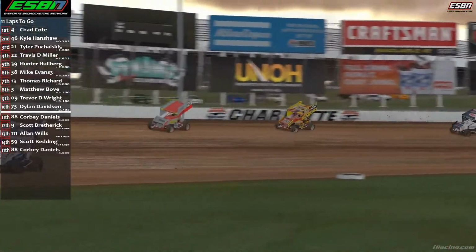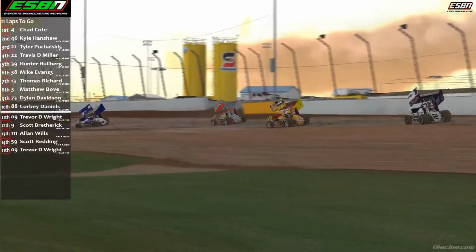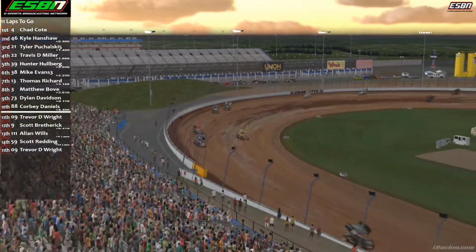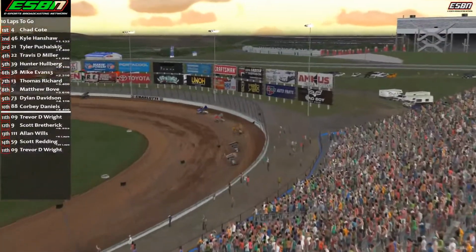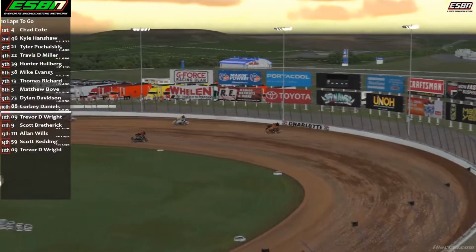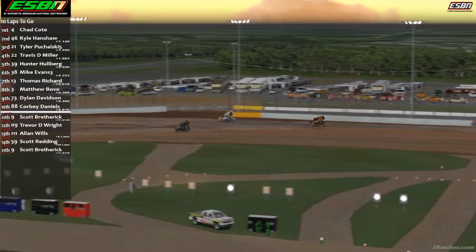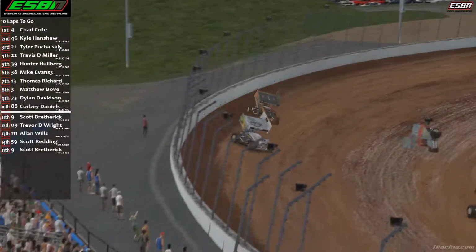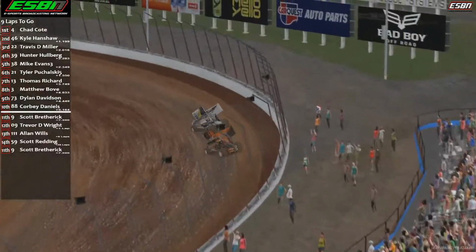I hear somebody else maybe just hit the wall. Yeah, I heard a lot of ching. I think we're good, though. By the way, Chad is saying bye-bye. He's up to a second lead now. Looks like it might have been Corby. He drops back. There's a cutout to get in and out of the hauler area right at the exit of turn 4, and I think Corby has hit that